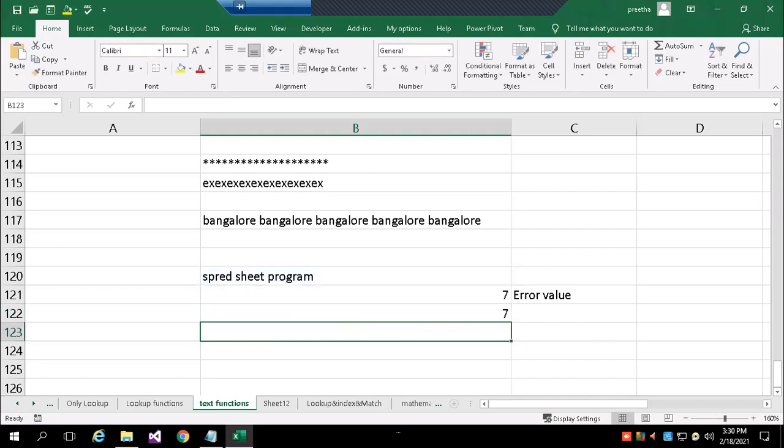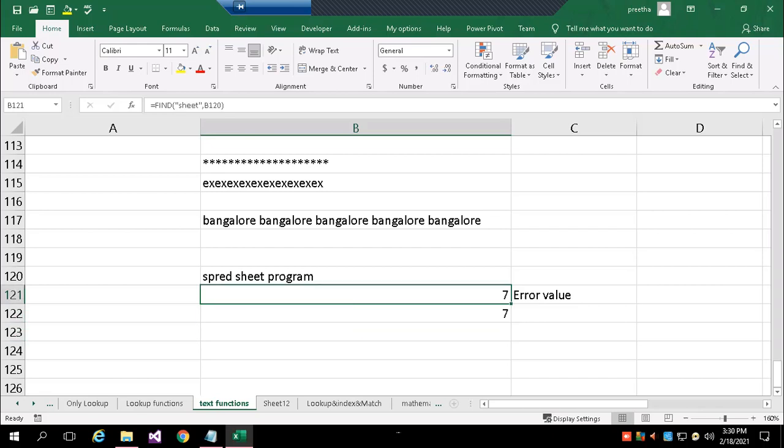So when you are searching one string within another, that is called find and search. When you are searching one string within another string, if the search has to exactly match including uppercase and lowercase, use find. But search is not case sensitive. Both are used to search, find and search. In this, find is case sensitive, search is not case sensitive. Okay.